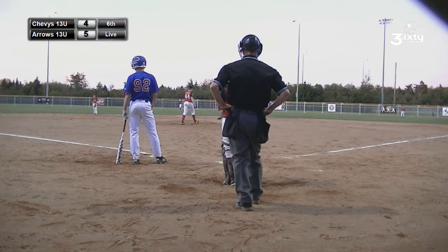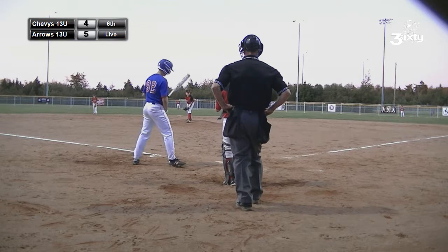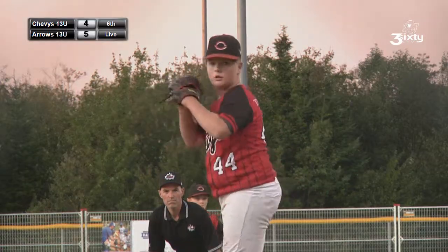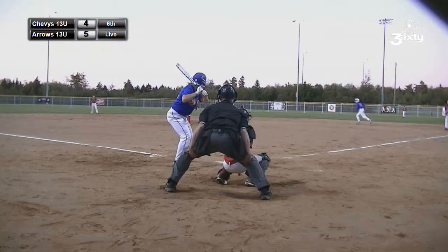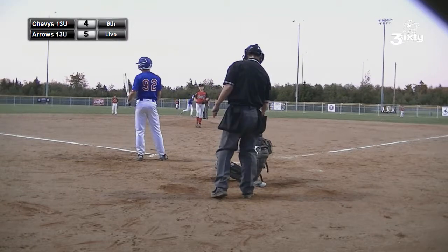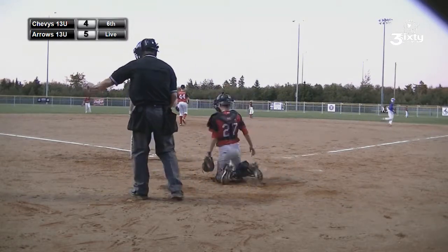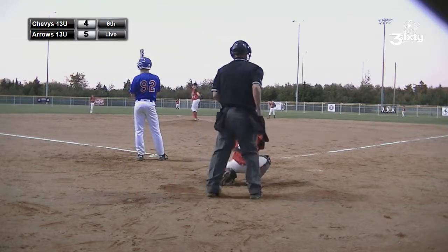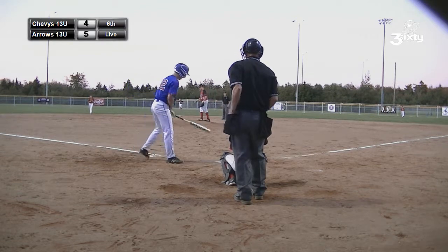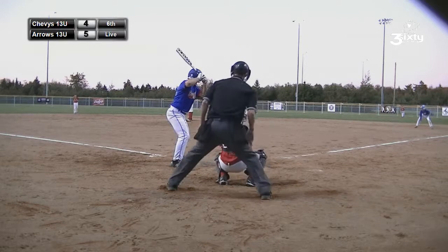And the purple sunset off in the distance, making quite the backdrop for this game. Runner going with the full count. James fouls it back. And we'll do it all over again, as the lights here at Greeno Field are doing their job to